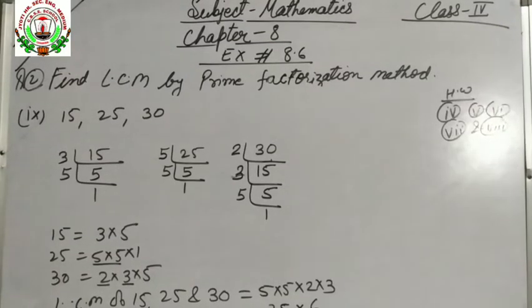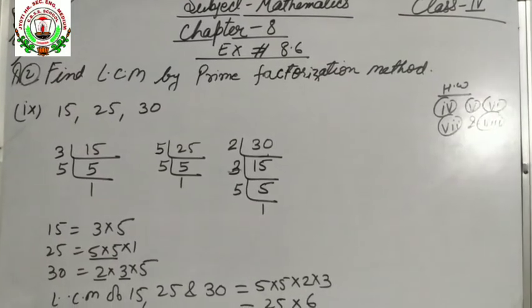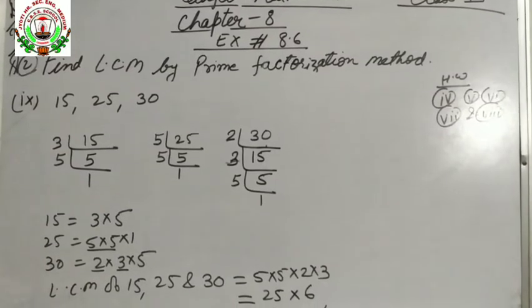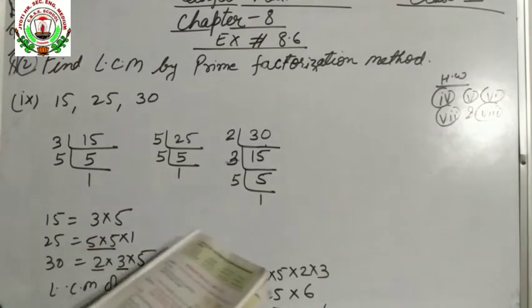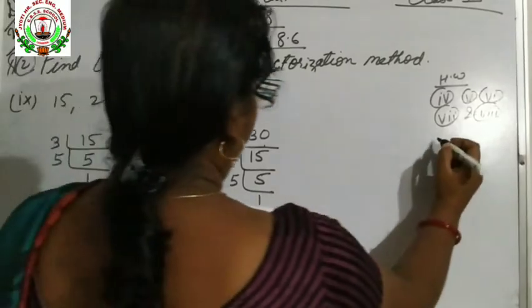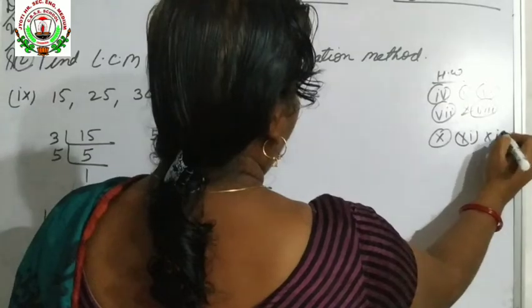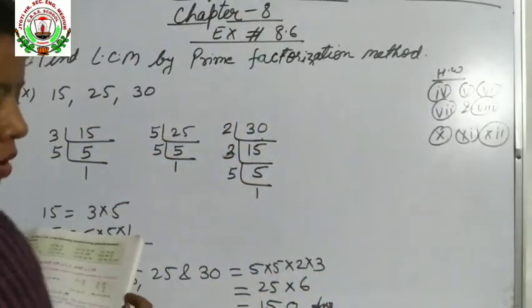That is the same. It is your question number 10. 3 digits are given. 11 is also, 12 is also. So you will try to do question number 10, 11, 12. Each question you will try to do.